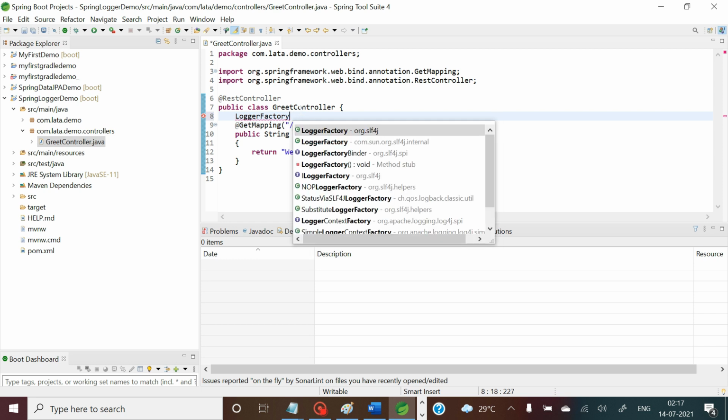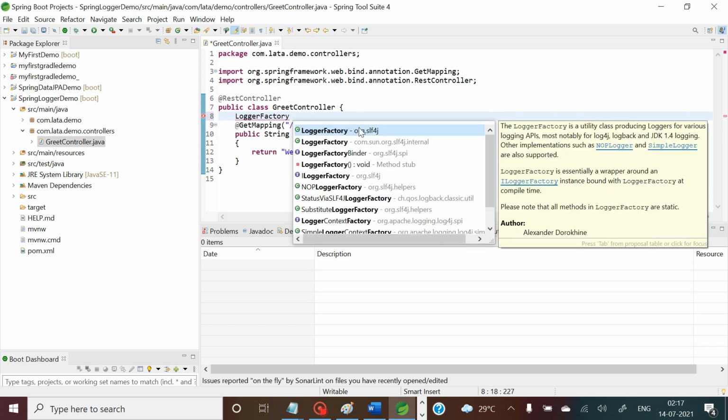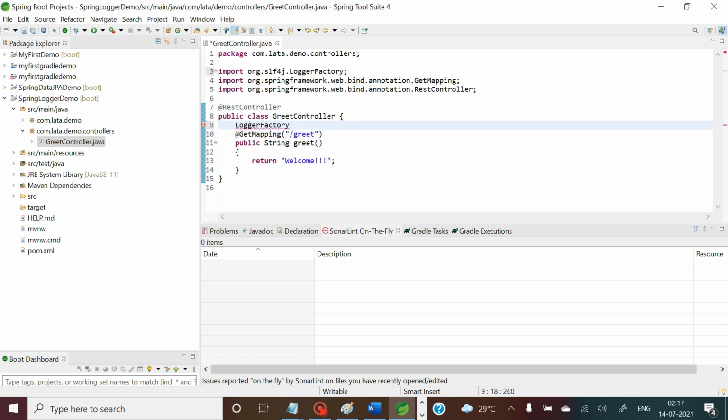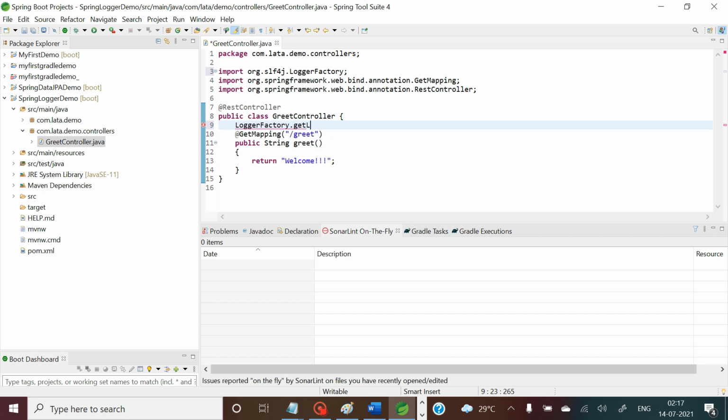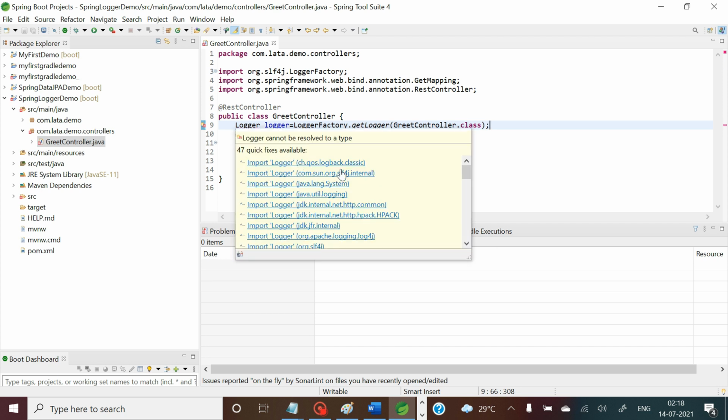First of all, it needs to be imported from SLF4J, and then the getLogger method can be called, which gives you a logger instance.